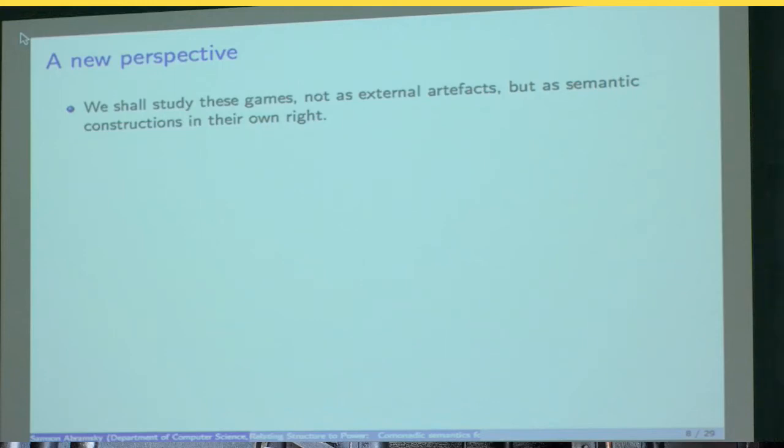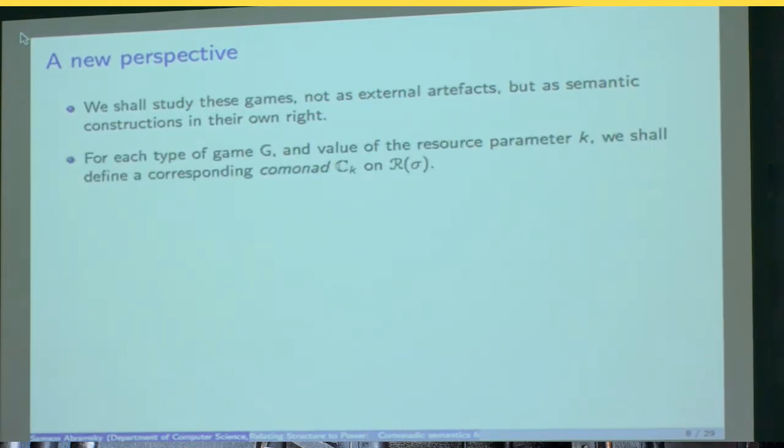Games. And we're going to study these games not as external artifacts, but as semantic constructions in their own right. So the idea is that we're going to embody this deception, this limited access to information about the structure controlled by some resource parameter, by a comonad. And so for each type of game G, and each value of the resource parameter, we will describe a corresponding comonad. So we get an indexed family of comonads